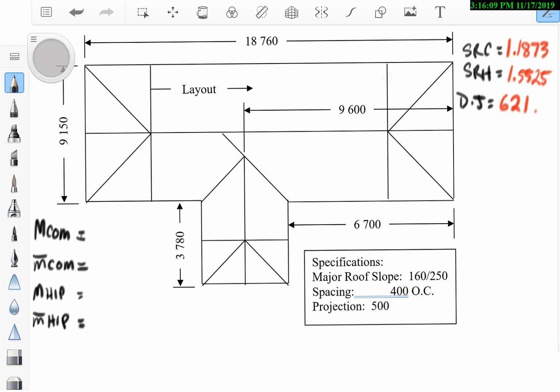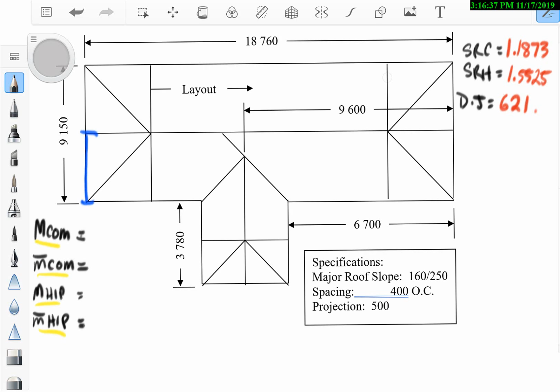Okay, first we're going to go ahead and calculate the line length of our major common. All these will be line lengths down the left-hand side here, just in case you're all wondering. So these are all line length measurements that we're going to calculate. First off, we will start with the line length of the major common. The major common, of course, is half the span of the major roof,